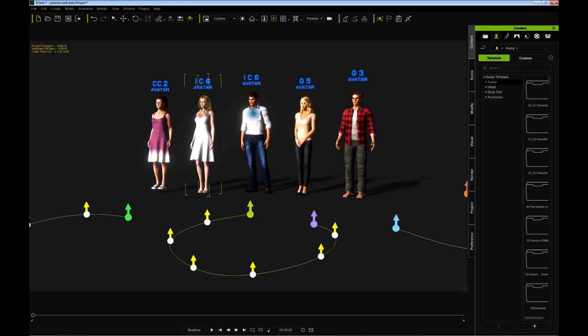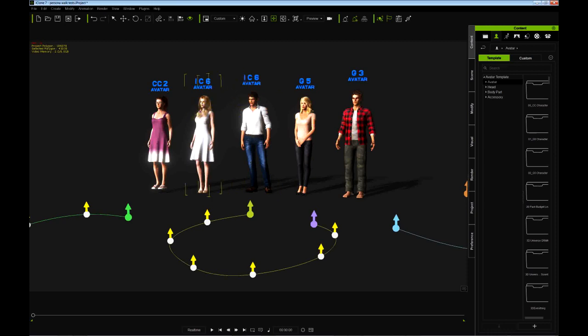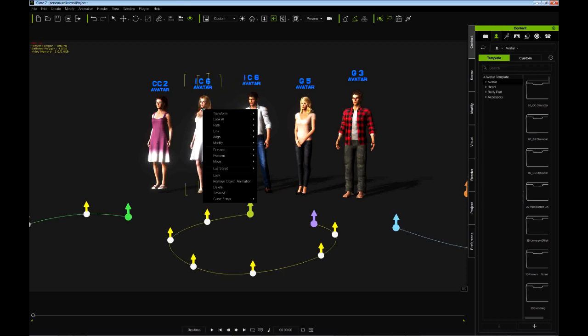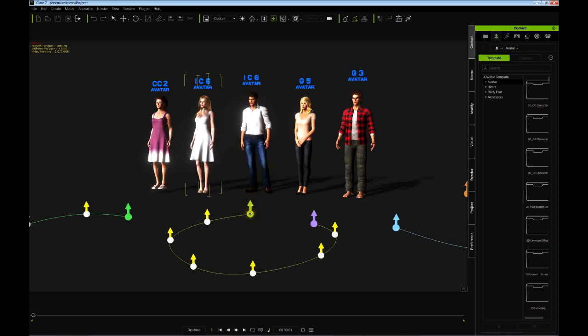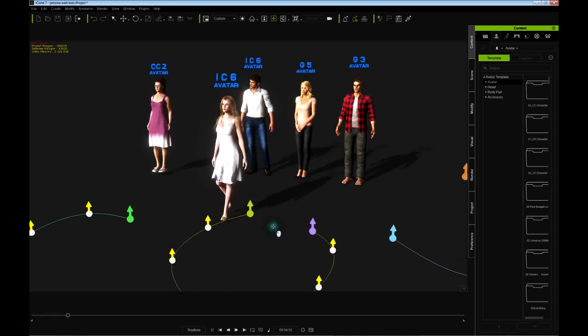Just so you know, I have a problem with Mason here. Anytime I try to do a move with him, the computer crashes. So probably just my system, I don't know. But Heidi does seem to work, and I can once again walk her forward or choose a path, and she'll walk on the path